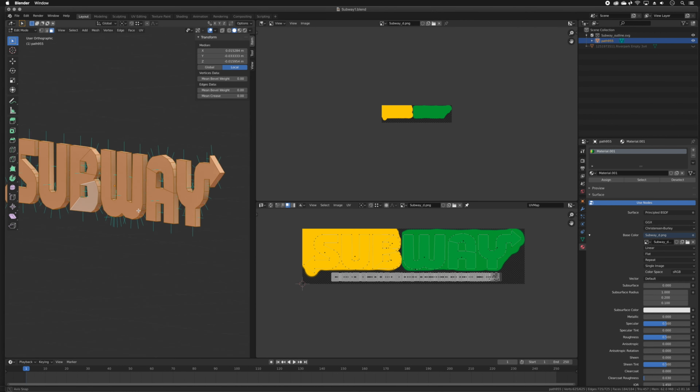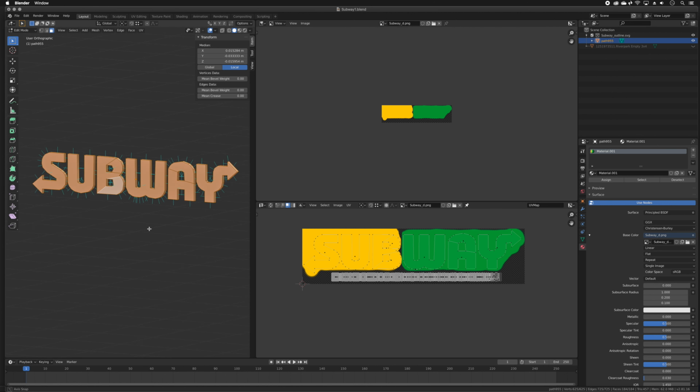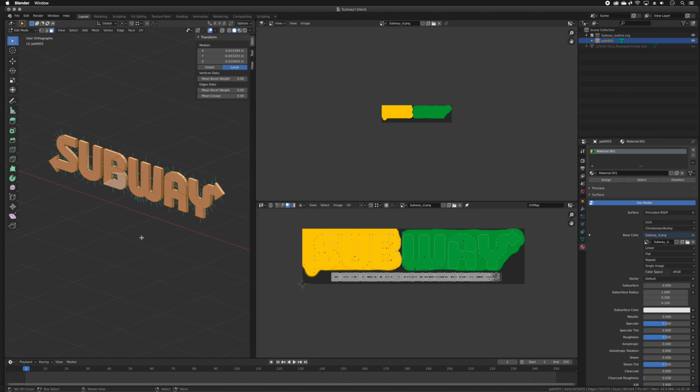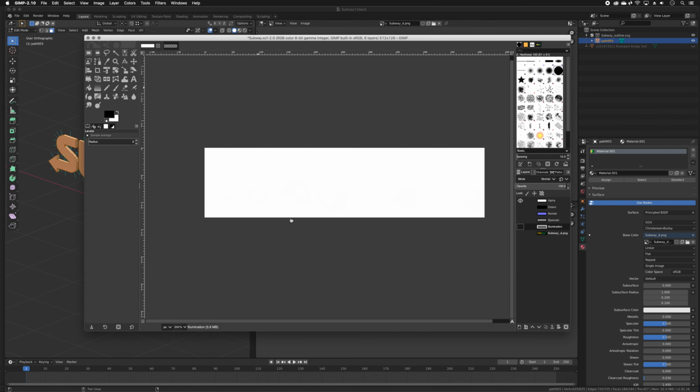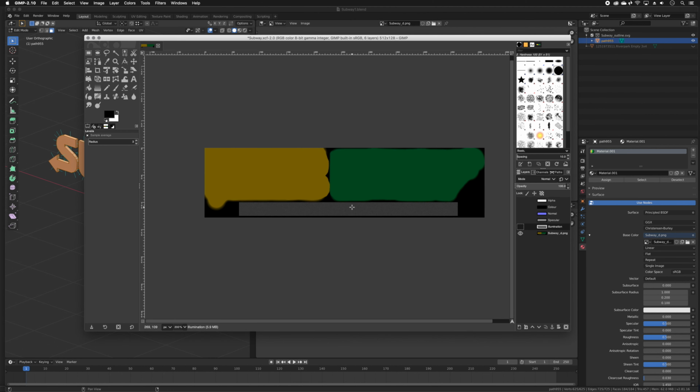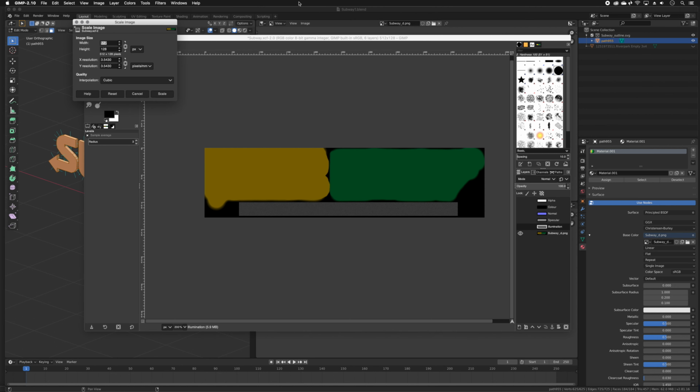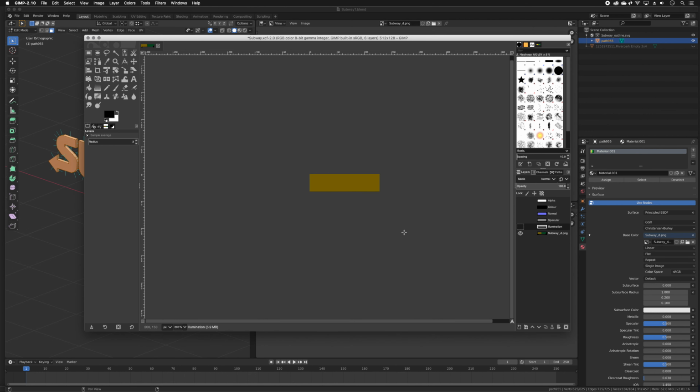Okay, now since our object, we're not going to have to do too much to this to turn it into a level of detail or a LOD model. I'm actually going to retain the UVs from this and just downscale the image for our textures for the LOD model. So I'm going to go back into, just close this down, that doesn't need to be open. Go up to Image, Scale Image, and I think I can only go to maybe 128 by 32, anything under 32. I'm not sure if the game will accept that or not, so that's probably the size this is going to have to be. Scale it down